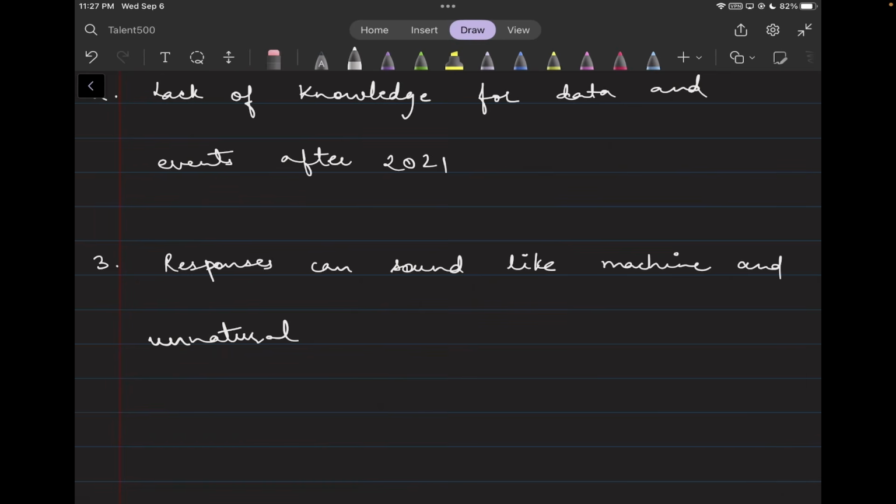Similarly, if you're writing down something, you may have that fluctuation. Out of that, sometimes you may get some results which are quite helpful, and sometimes your results may not be quite helpful. It can be dicey. But if you talk about this ChatGPT, it is always going to be giving you some unnatural responses. It is not going to be human, it is not going to be sounding natural. Okay,